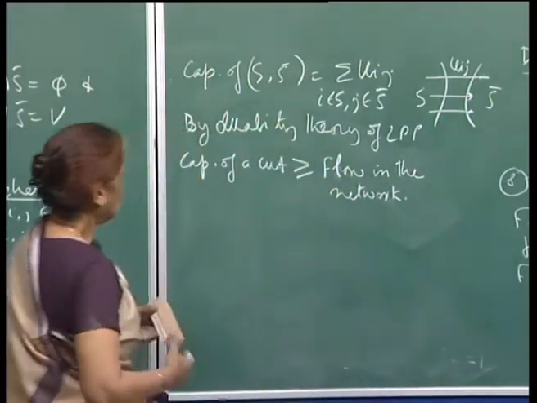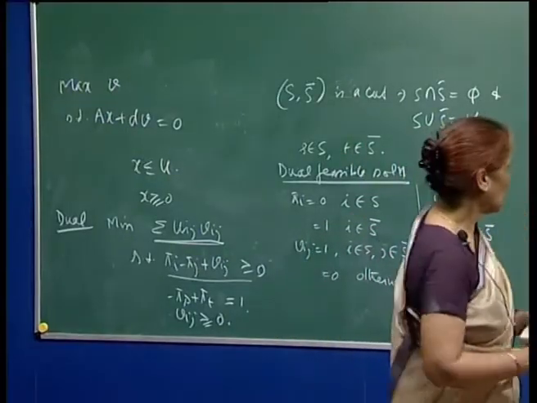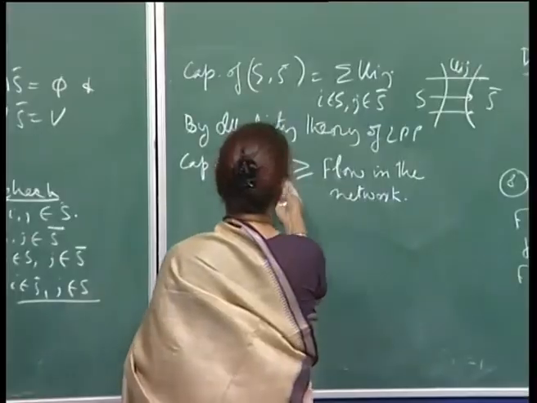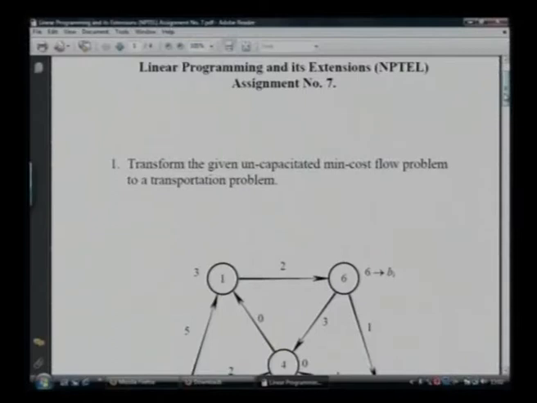Okay. And we will further discuss and look at very interesting aspects of this thing. But first of all, we have said that the capacity of a cut will always exceed the flow in the network. So, let me discuss assignment 7 with you, which was long overdue, but we had just finished discussing the